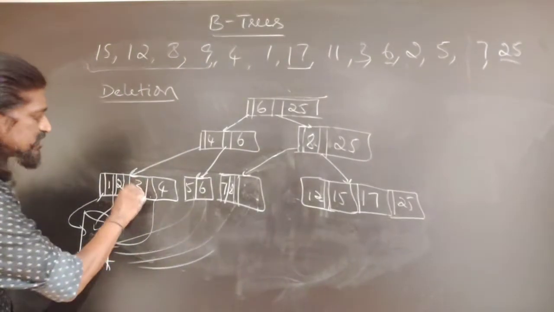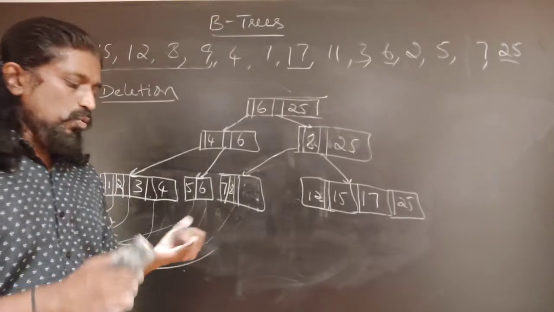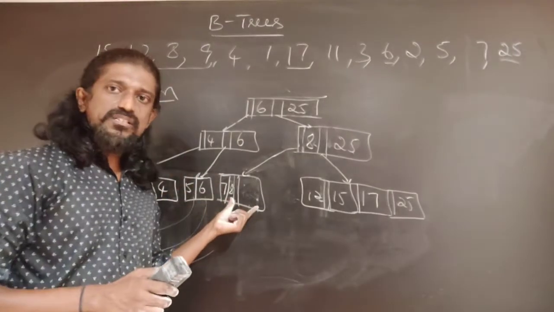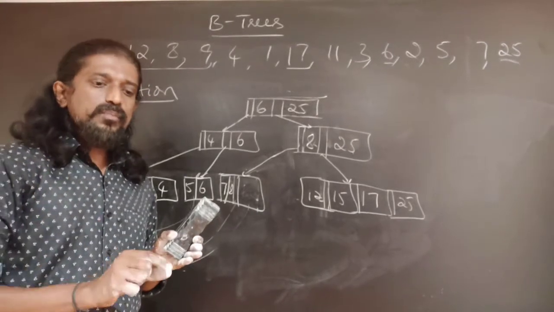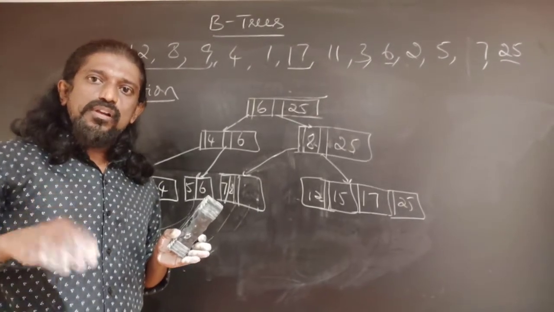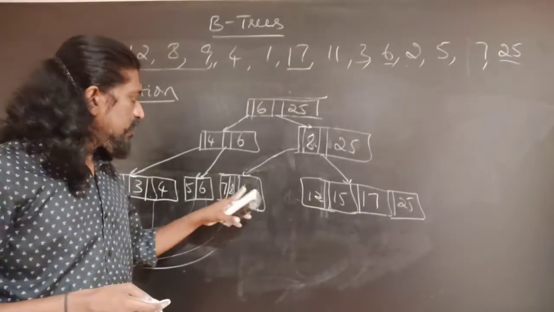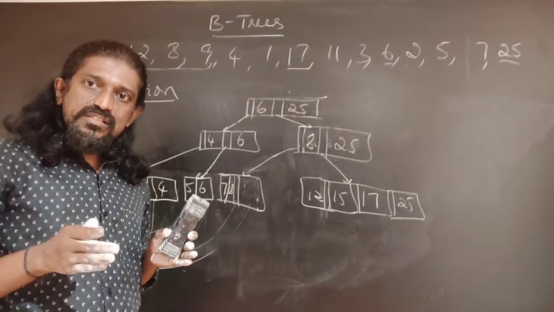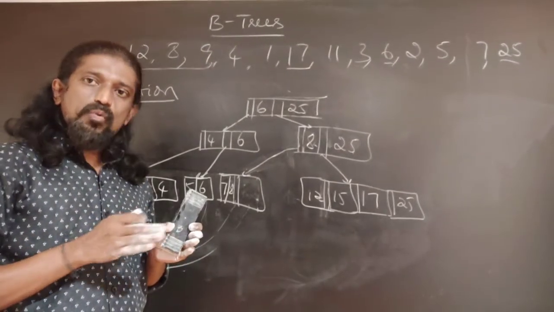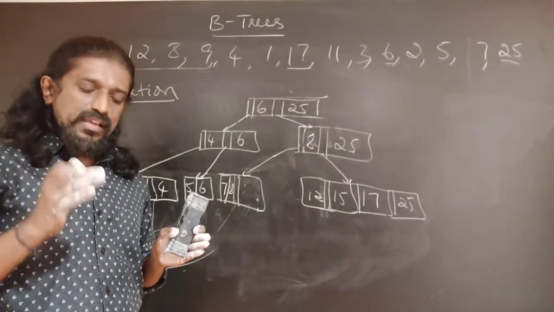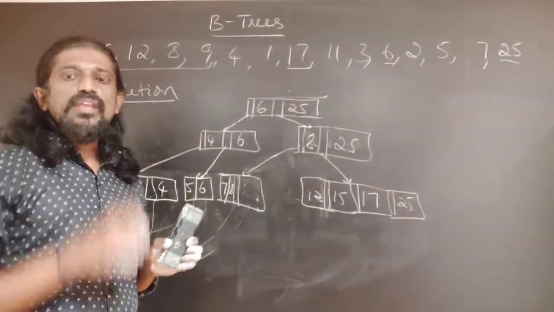We will consider another case. We considered three cases. One is if the node is not the largest in that particular node, and if it has more than minimum number of keys, delete that particular node, and since it already has more than minimum number of keys, it can survive and we leave it. If it happens to be the largest key, you delete, and the number of keys after deletion happens to be equal to or more than the minimum number of keys, then you delete, and information about the next largest key has to be updated at the higher levels.